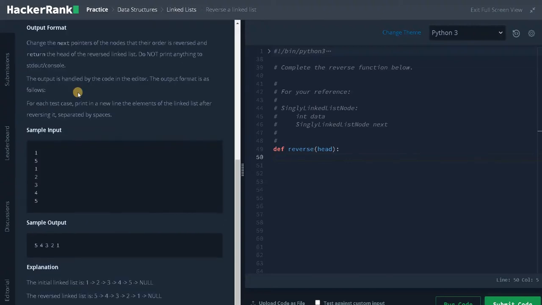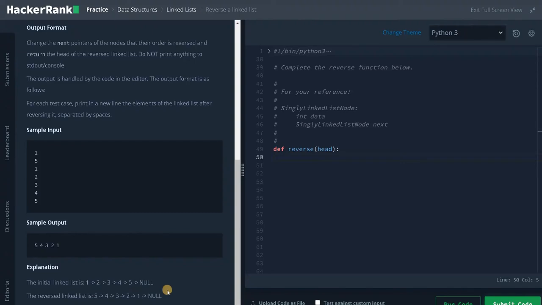Okay, let's see the examples. Here we have a single linked list with 5 elements: 1, 2, 3, 4, 5. Here, this is the linked list. The simple logic we have to do is point the current pointer to the previous pointer. That is, 1 will be pointing to null, 2 will be pointing to 1, 3 will be pointing to 2. Like that, we have to do it for all the nodes until it reaches null. When it reaches null, current pointer will be null and the previous pointer will be the 5. So we will store the head pointer as the previous node. After returning the head node, the reversed linked list looks like this.